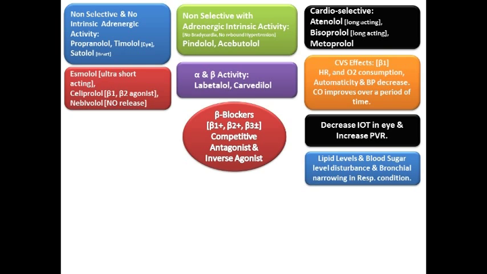So lipid levels will rise, so there will be disturbance in lipid levels, as well as blood sugar levels also will be disturbed if you are trying to give beta blockers. Bronchial narrowing will occur, especially in respiratory conditions. So these three conditions exactly you want to be aware of when you are trying to give a beta blocker